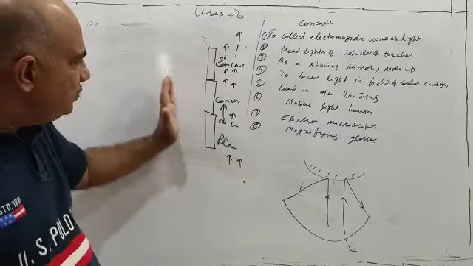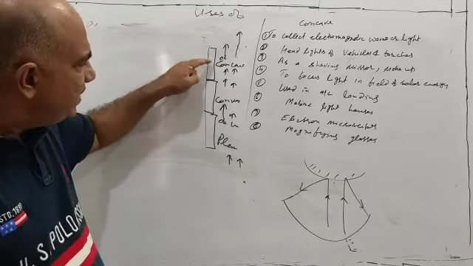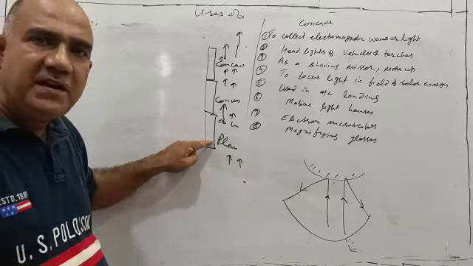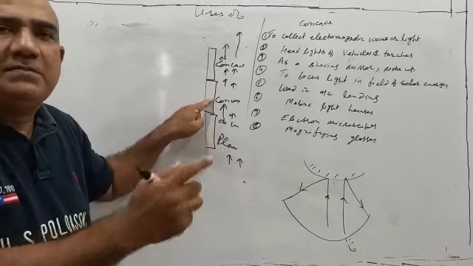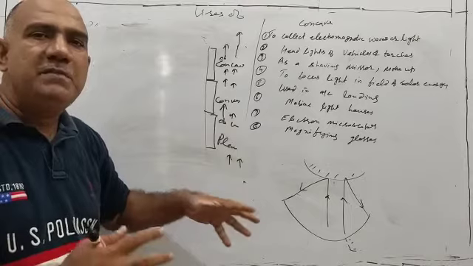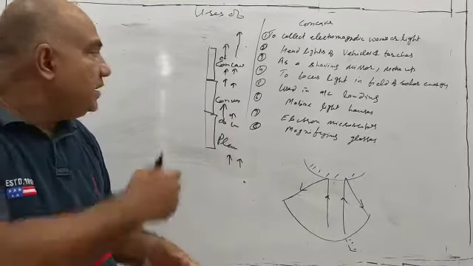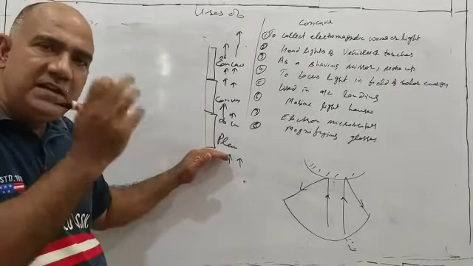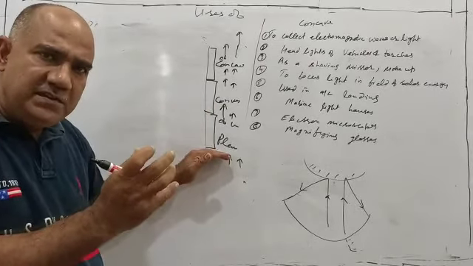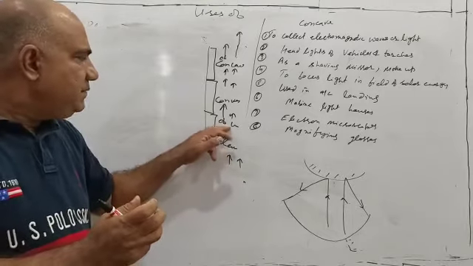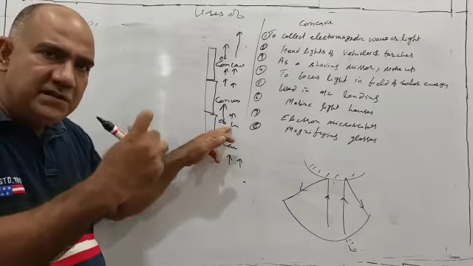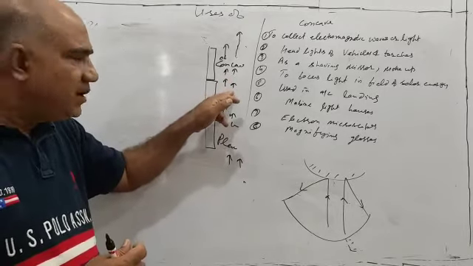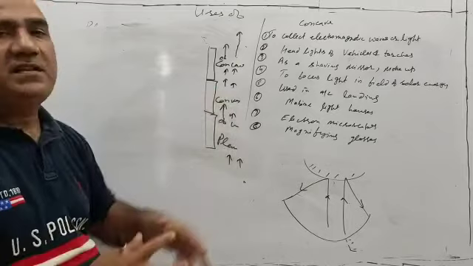Now if it is enlarged when you are closer to the mirror, undoubtedly it is because of this. If it is of the same size, undoubtedly because of the plane mirror, and if it is diminished, undoubtedly because of the convex mirror. That is how you will be able to differentiate between the combination of a concave, convex and plane. This will always make object and image the same size. This will always make the image smaller than the object. But this can make it equal to the object, smaller than the object and larger than the object.